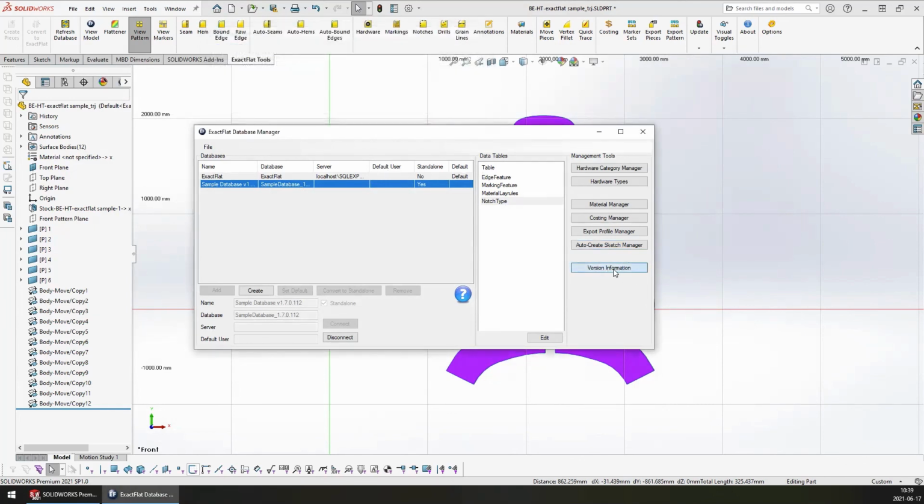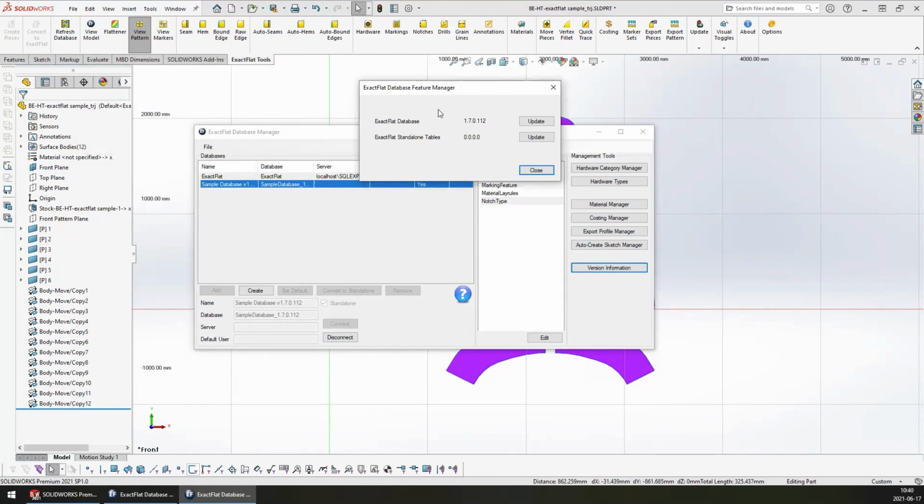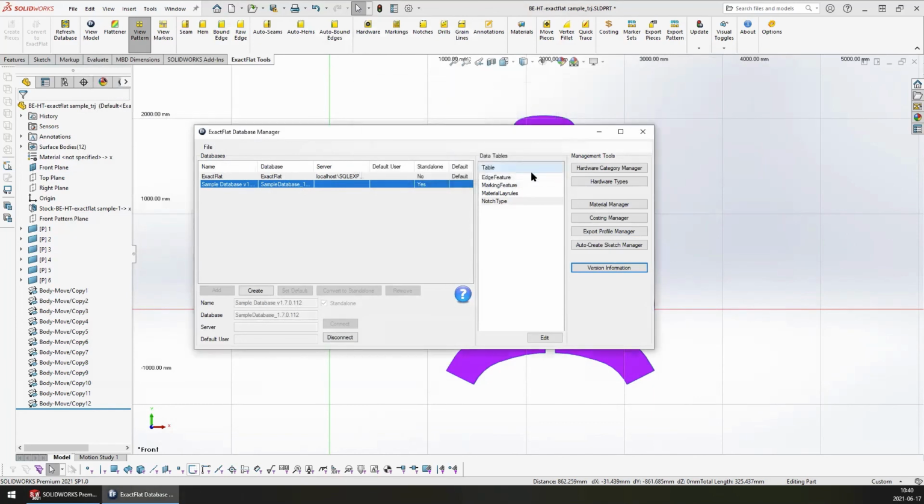Lastly, we have our version information here. This is where you can see your database version, and if you are using our production manager on a shared database, you can see your standalone table versions from here as well. So that's it for the ExactFlat Database Manager, and